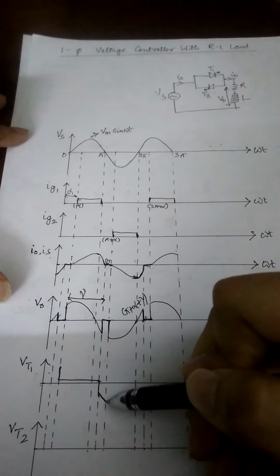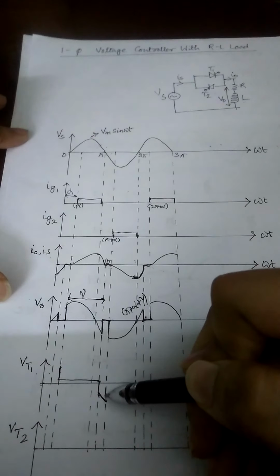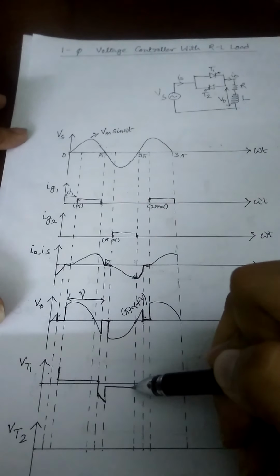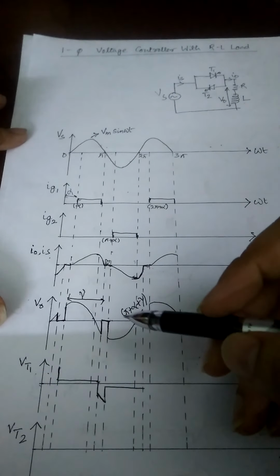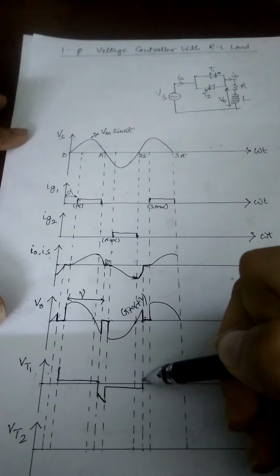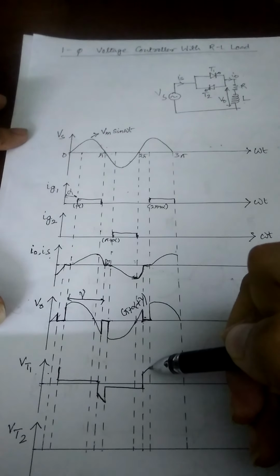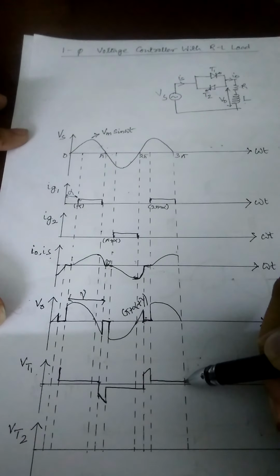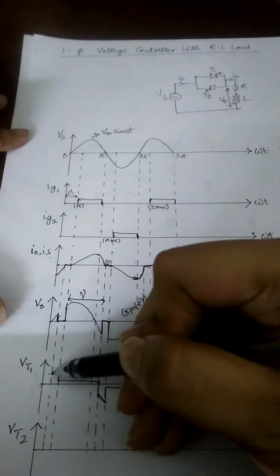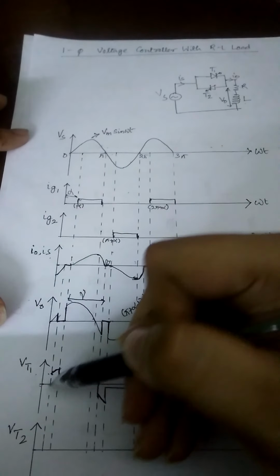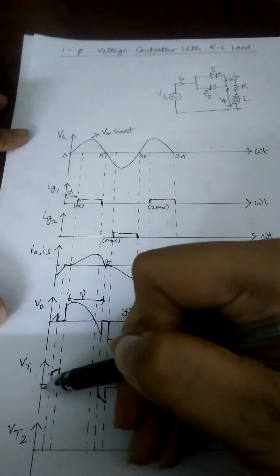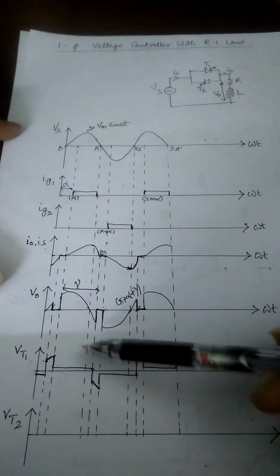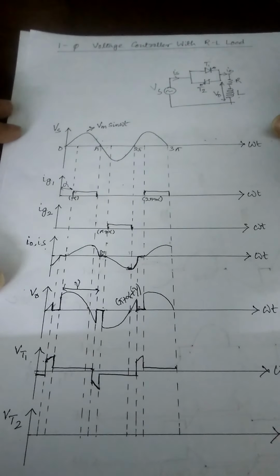So that means the voltage across the thyristor drops down to 1 to 1.5 volt, and that continues up to the next cycle, and so on. So if we consider this, the voltage waveform across the thyristor T1 is like that, and if we complete the graph, that is the profile of the voltage waveform VT1, the voltage across the thyristor T1.